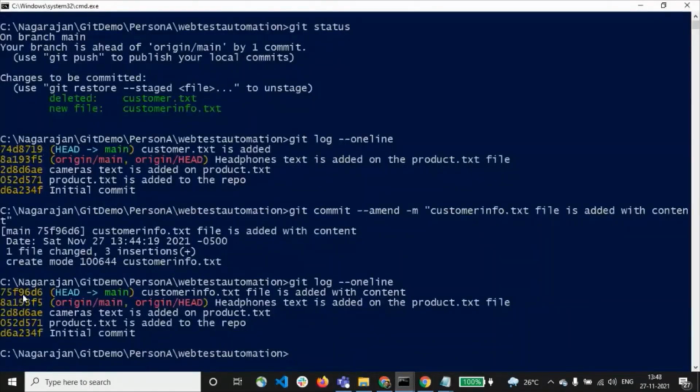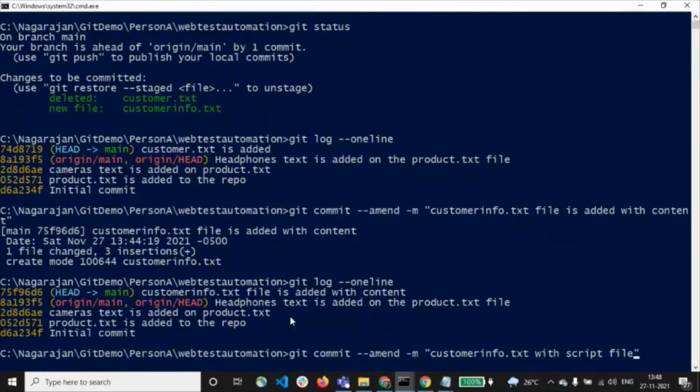Okay, 75F96D6. Yeah, like this. Git commit. Okay, do this. Let me change this customer file text to script file, something like that.